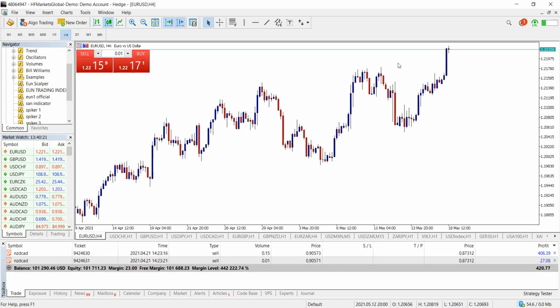Right. So now we come here. You analyze, and after you've analyzed, you then want to take a trade. There's what you call a lot size. Lot size, L-O-T size, is the amount of money that you are willing to risk per trade. So this is 0.01, 0.02.